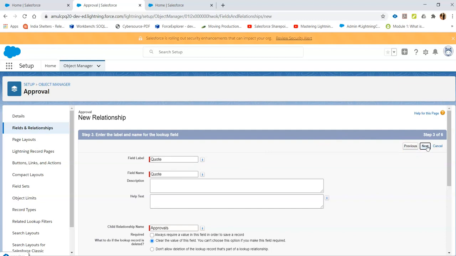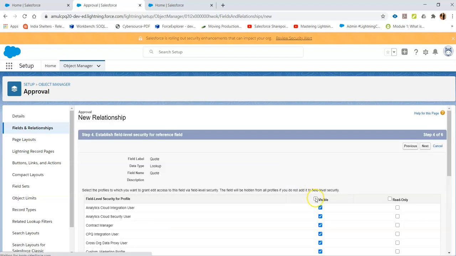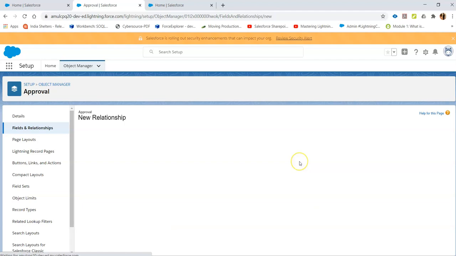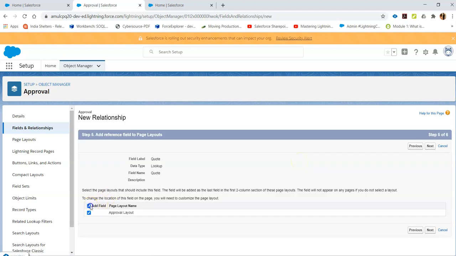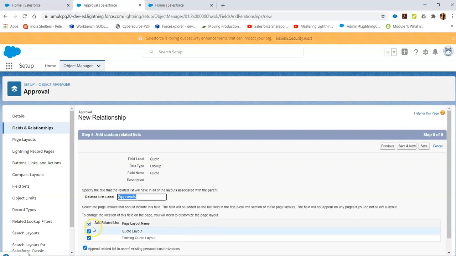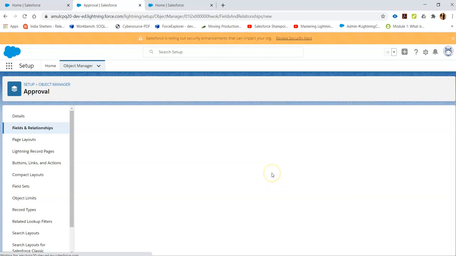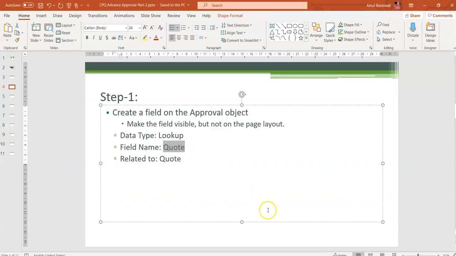Click on Next. It is not necessary to add this field on the approval layout. Click on Next. I don't need any related list of approval to be updated. Click on Save. Okay, so I am done with my first step.